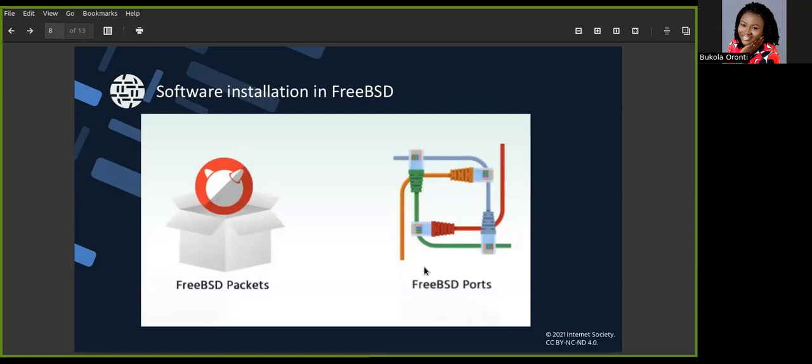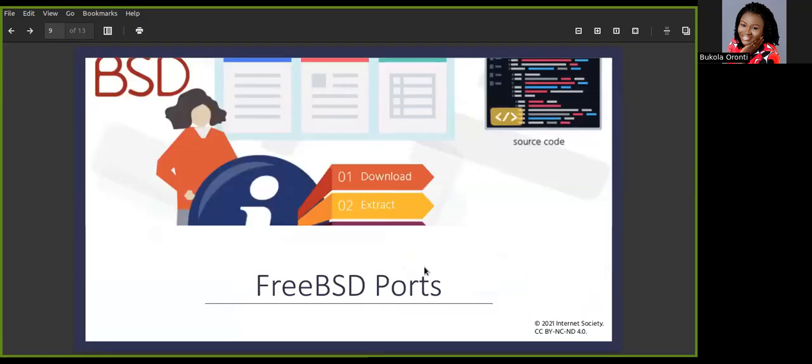PKG installs Zoom, and then installs the application for me with every dependency that is needed. I don't need to have pre-knowledge of interacting with Unix or Linux for me to run that. It has all the dependencies that will make Zoom run successfully on that FreeBSD machine.